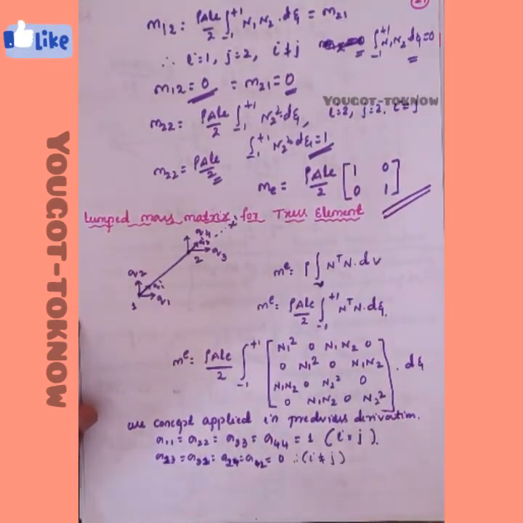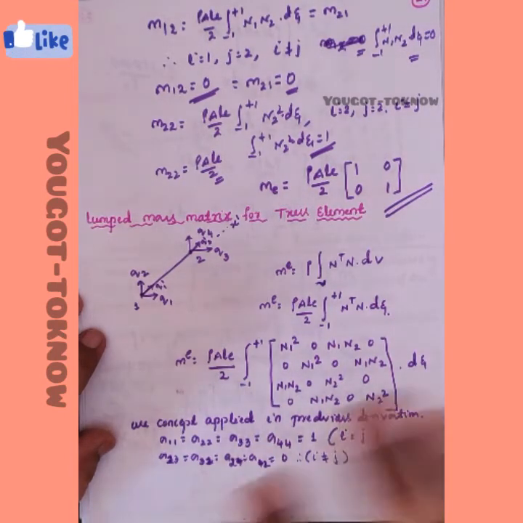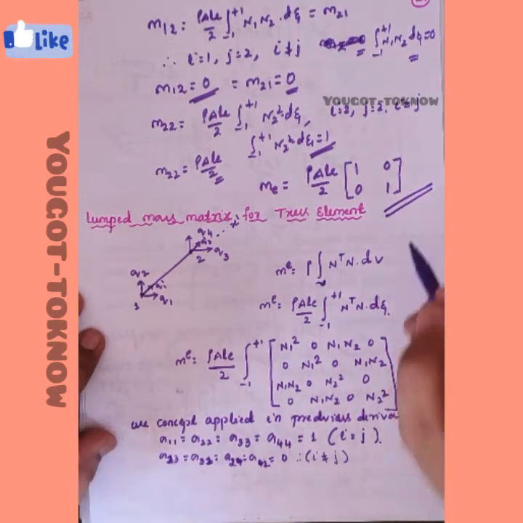What is the concept? Here it is saying that only at the nodal points the mass is concentrated. It is not going to be distributed throughout the element. That means the mass will be concentrated only at particular nodes. What are the particular nodes here? See, node 1. M11 belongs to node 1. Similarly, M22 belongs to node 2. That means only at node 1 and node 2 we have values. That value is rho A LE by 2. For the remaining part of the element it will be equal to 0. This is the concept.